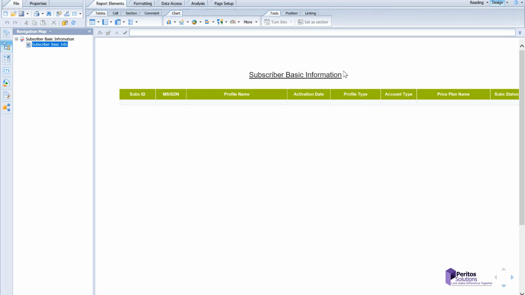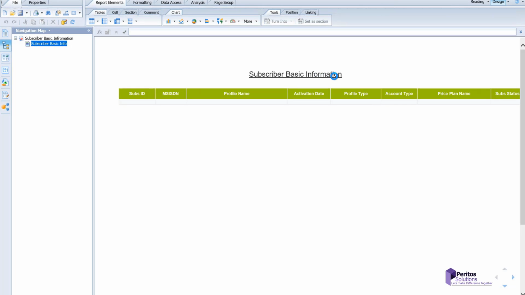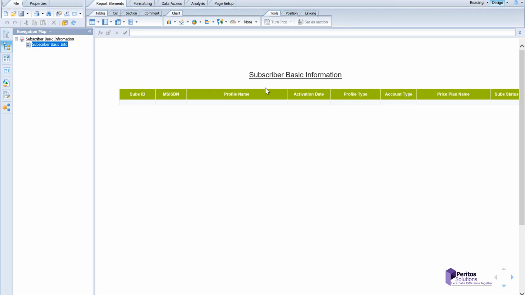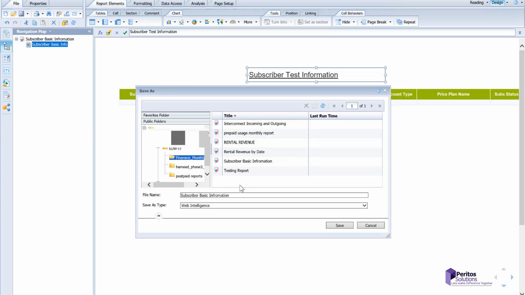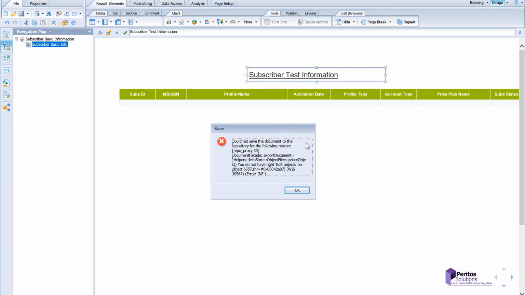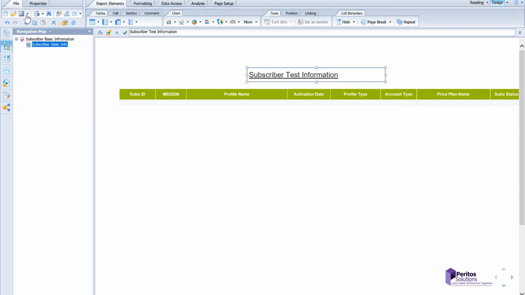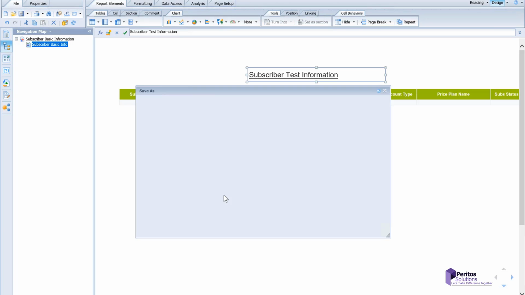Now what you don't want the user to do is click on one of these options, either on the report or on the data that is coming through, and make some changes. What you'll see is the save button has been disabled, so they cannot save it back in the public folder, but they can save it in the favorites folder. So if I click on save as, if I try to save this in the public folder as a new report, or maybe override the existing one, let's do that. It will give you an error that you could not save the document to the repository because you don't have authorization. Now if I try to save it again, but this time in my favorites folder,